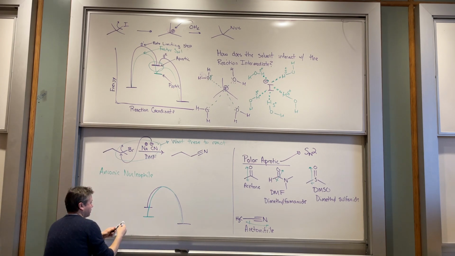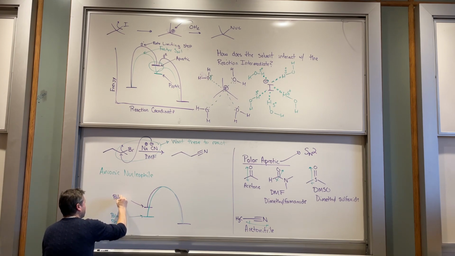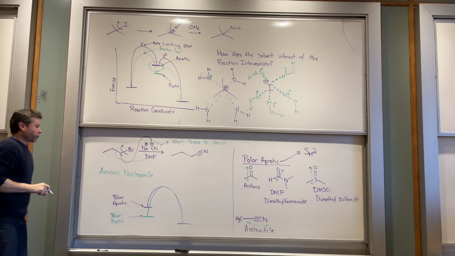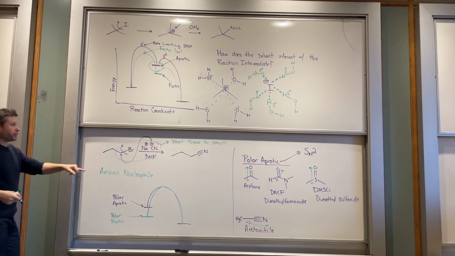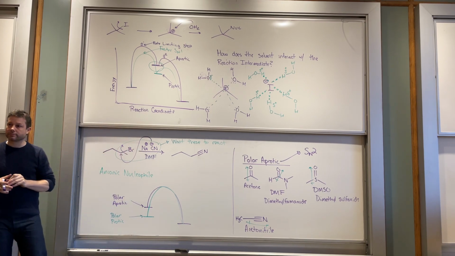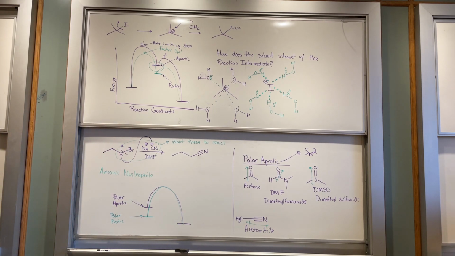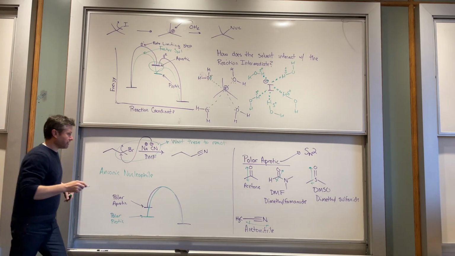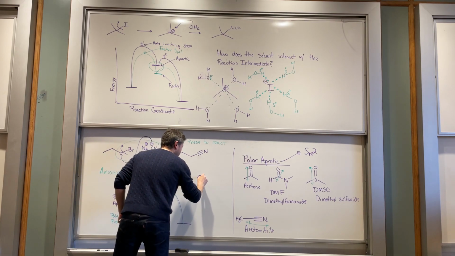I'll use the green line as an example of doing a reaction in a polar protic solvent. And the purple line is an example of doing a reaction in a polar aprotic solvent. We're really thinking about how that solvent is going to be interacting with the cyanide, with the nucleophile, the anionic nucleophile in this case. So if we have CN minus,